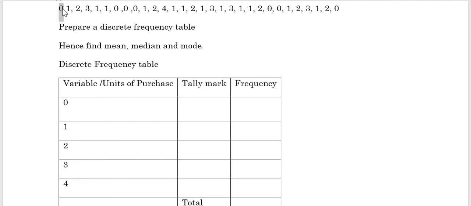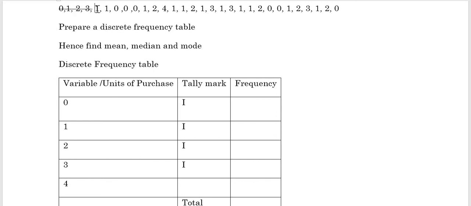Rather, we should be taking up the values one by one from one end. The first entry is 0, which is cancelled out just as an indication that we have already counted it, and we assign a tally mark corresponding to 0. The second value is 1, followed by 2, and then 3. So let us assign the tally marks for 1, 2 and 3 at the same time. Let's not forget to cancel them so that later we'll not get confused.